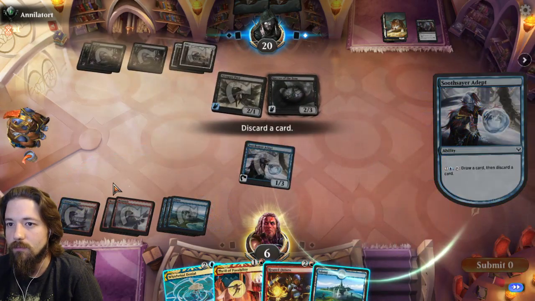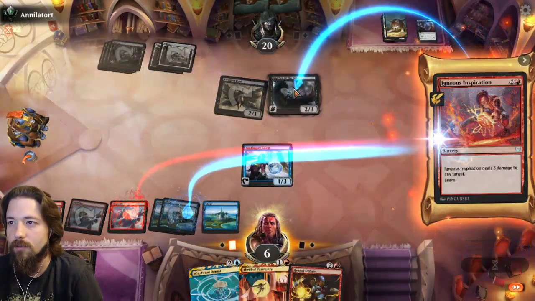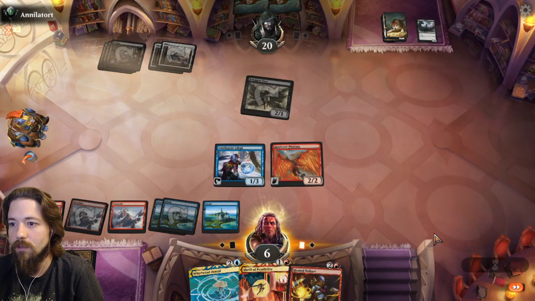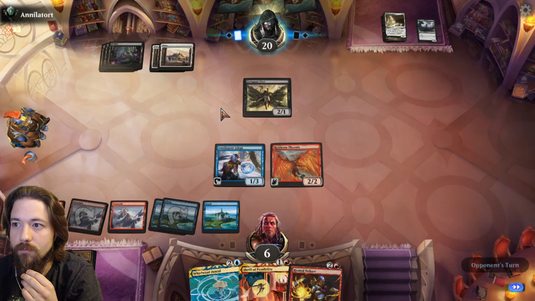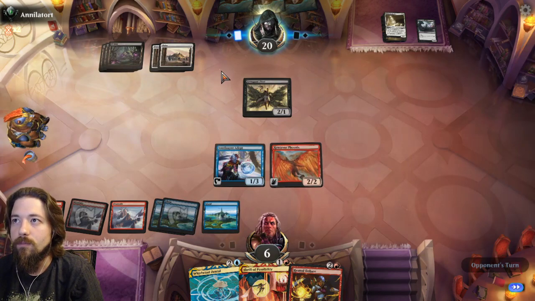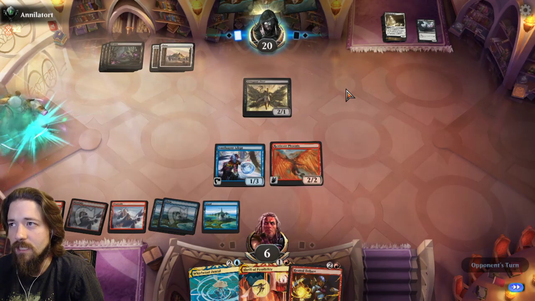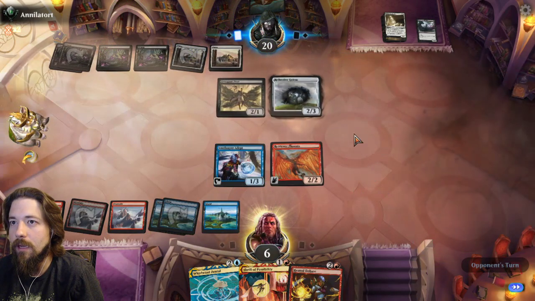Draw. I actually want to discard the island here. Igneous Inspiration is great. Take action. Get myself a flyer. And we can control him. We know he's just drawing a Pilgrim of Ages one of these turns. If he brings out a flyer, I just block with a Retriever Phoenix. I think I'm in a good spot. I have a Whirlwind Denial held. I have a Heated Debate ready. We're at 6 health, but we're back in a controlling stand position. I'd rather Heated Debate that than...